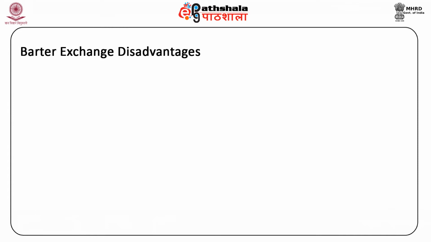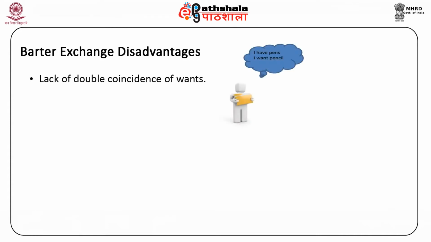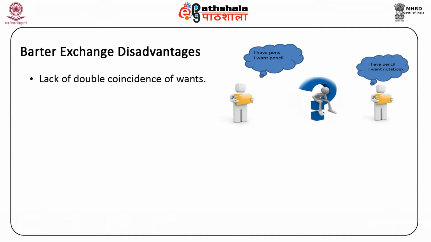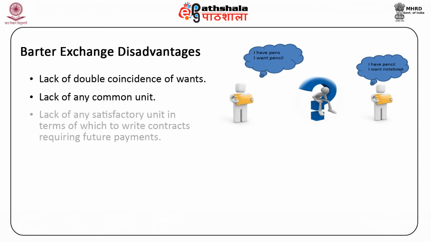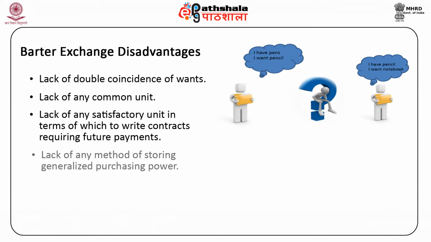In a barter economy, the seller of a good would have to locate a buyer who was willing to buy what he wanted to sell in the same quantity and quality. This might waste time and effort. Secondly, the value of each good in the economy would have to be expressed in terms of all the other goods available. Thirdly, future payment contracts would have the difficulty of agreement on the specific commodity to be repaid, its quantity and quality. Fourthly, storing commodities as purchasing power had problems of storage cost and depreciation in value. It is to remove these problems that money came into existence in various forms.